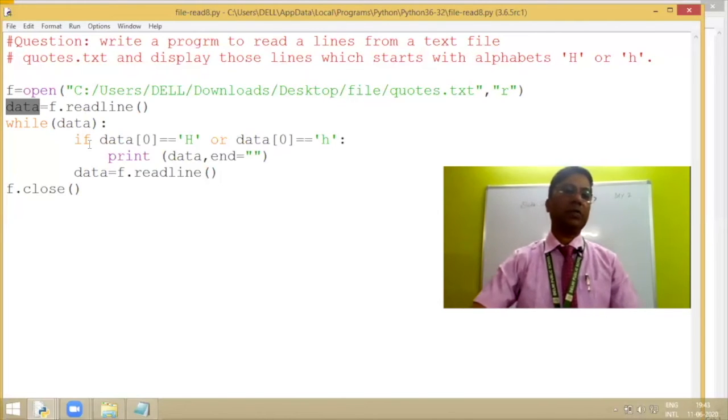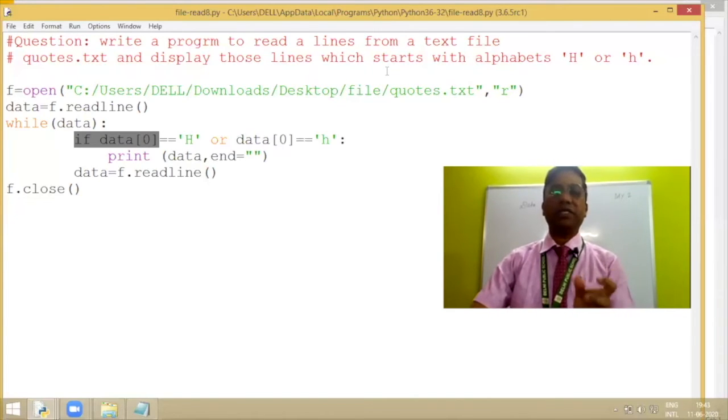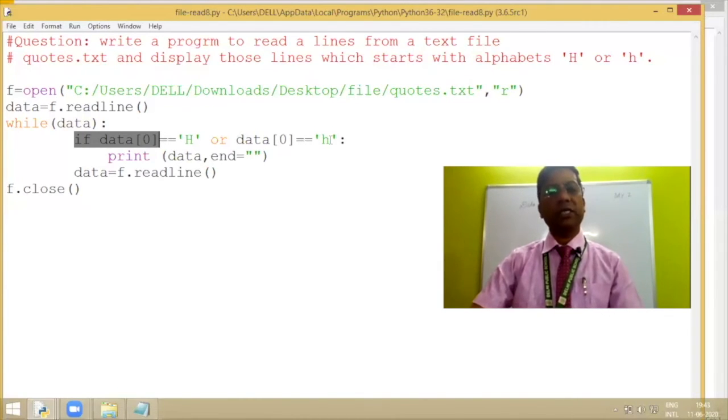So it will get into the loop, and the first letter of the line has index 0. Because in this question I am interested in the first letter, I am dealing with data of 0. If the first letter of the line is capital H or small h, then I display the line.